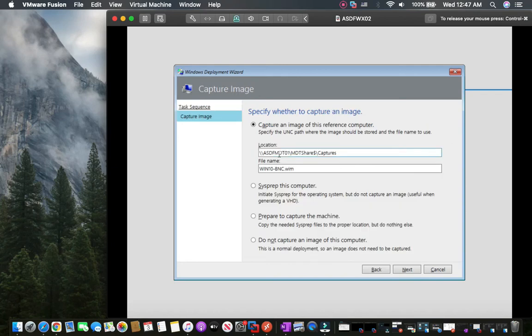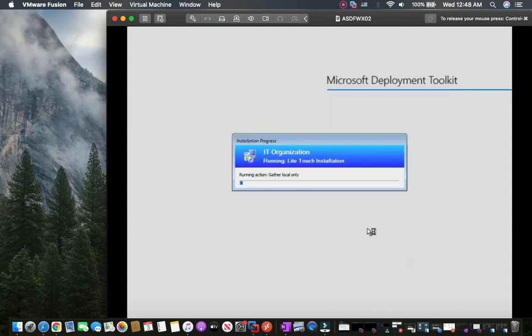is available, and it is asking me where do I want to save the captured image. Again, as the deployment share is created for the purpose, there is a folder called capture where I'm saving this Vim file. Let me just give it a name through which I can recognize, and there you go. This is the beginning of the setup and capture task sequence. It would go through all the steps that we created